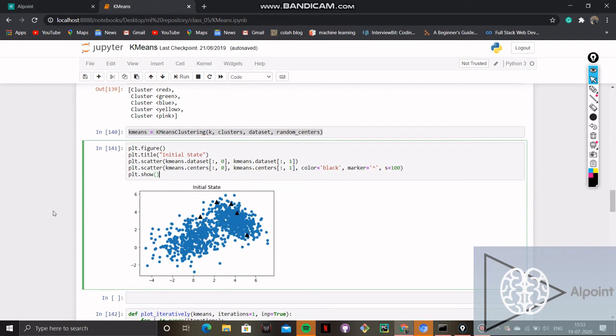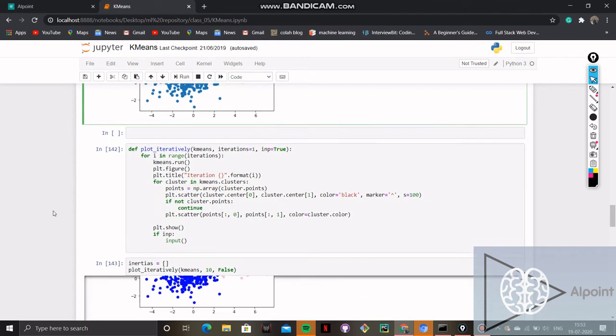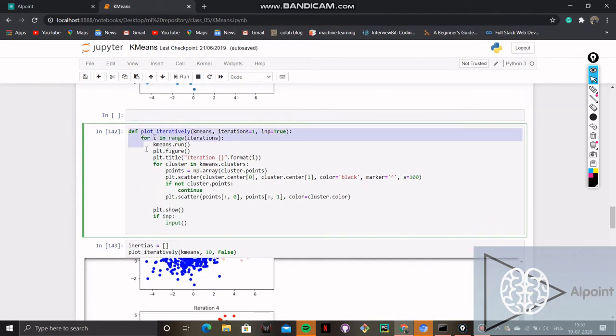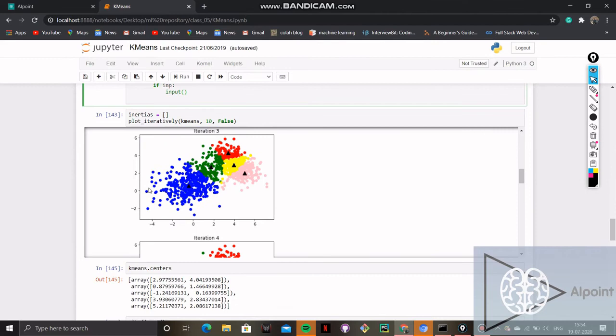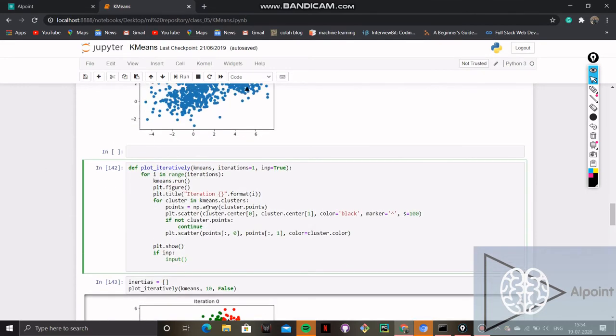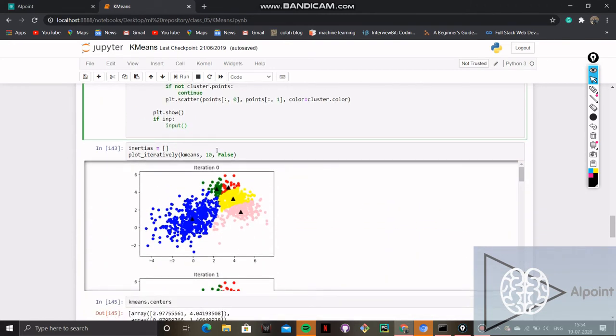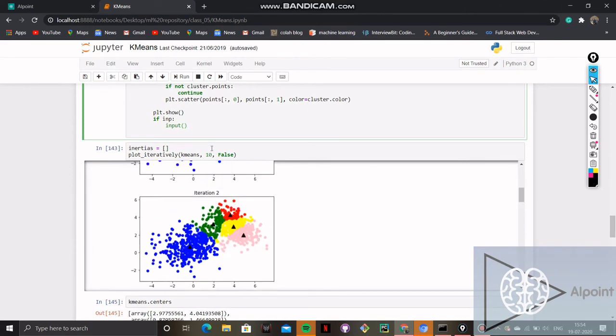Now we will plot iteratively, doing iterations and plotting them in different colors. Why are we iterating? To update the cluster centers or centroids. This 10 denotes 10 iterations. You can always change it.